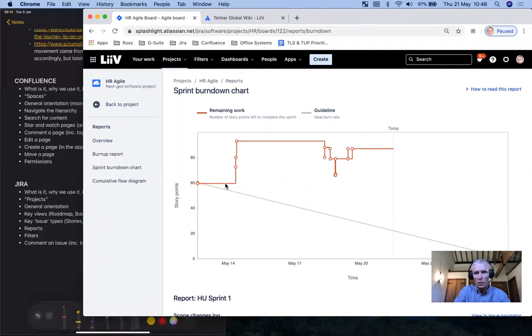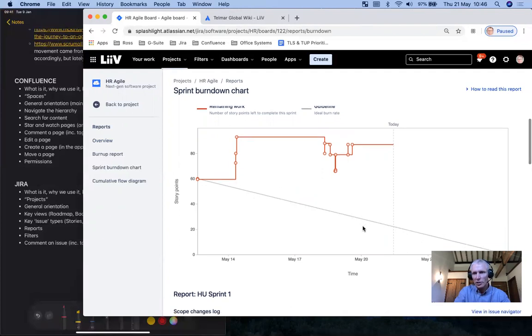Now, a perfect sprint is probably going to go something like this. Horizontal for a while as subtasks get done. And when all the subtasks on the story get done, the story will burn down. The story will get done. And it will just go like this. I mean, that's an ideal world. Almost never does it work like that, especially in an organization of our size where you've got so many developers, so many interests. It's an enterprise class sale, so we have a few very large, powerful customers that sometimes will disrupt our sprint because we've got to drop everything and go to a bug.